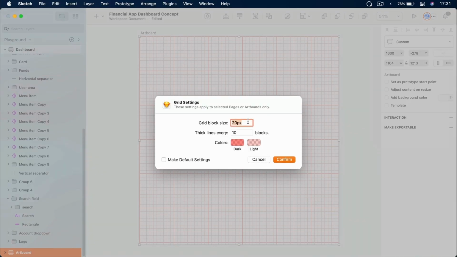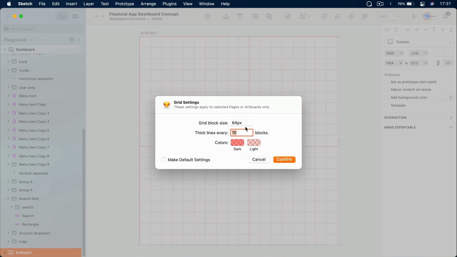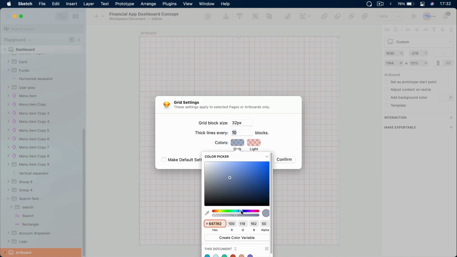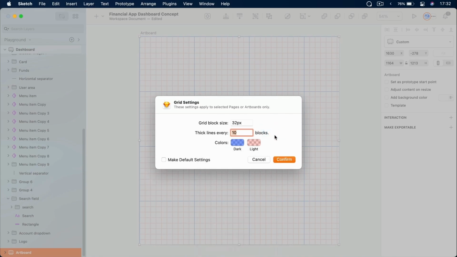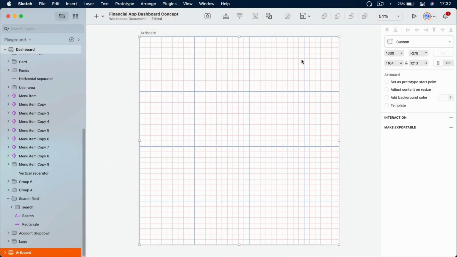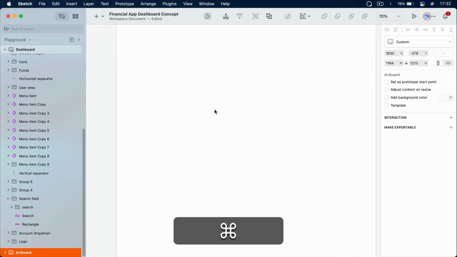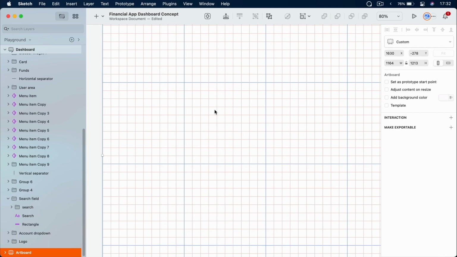Here, you can determine the block size, let's say 32 pixels or 64 pixels, and then where exactly you want the thicker lines to be. So let's actually go with 32 so you can see it better. And then you can also alternate the colors. If you don't like the red, you can go with blue. It's entirely up to you. And then confirm, and you have basically a series of guides that you can use, again, to align and size